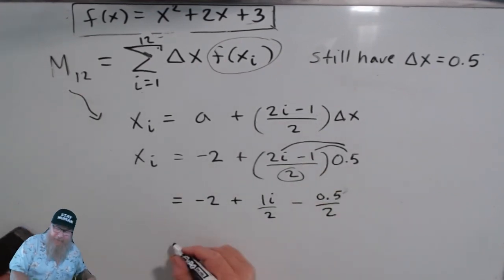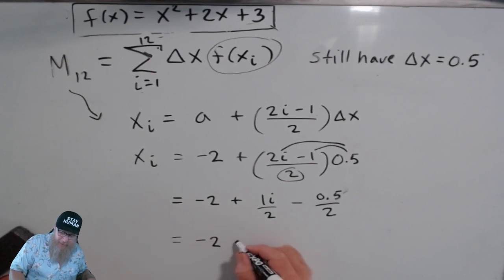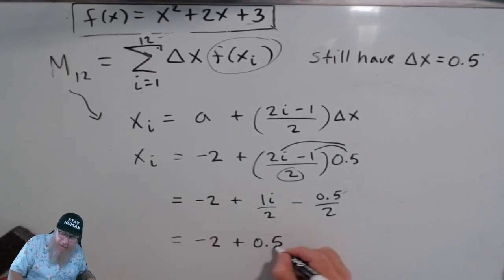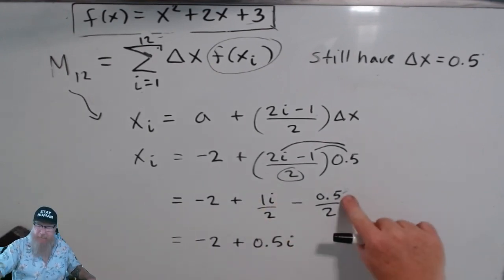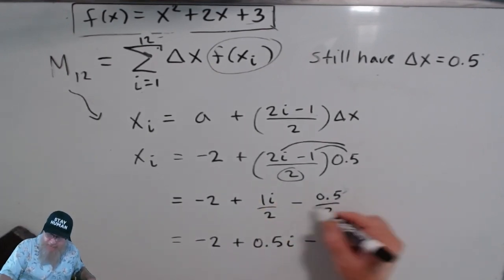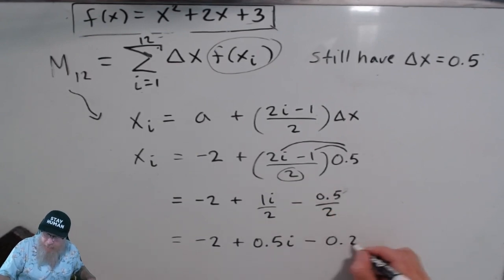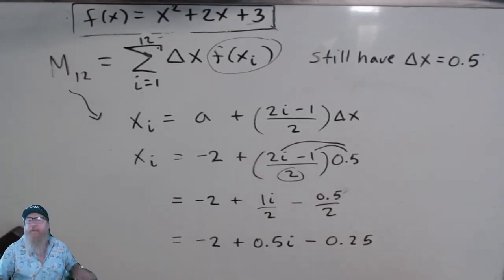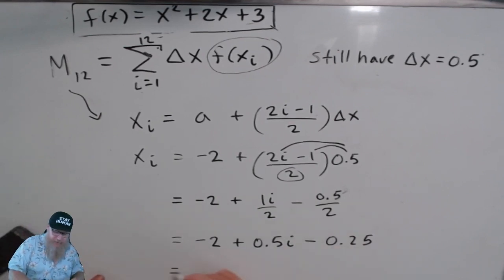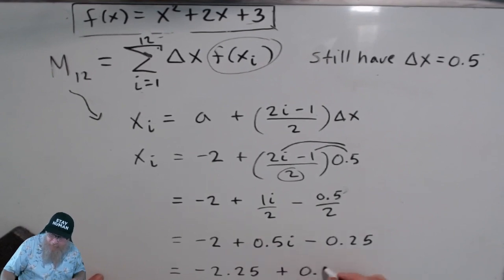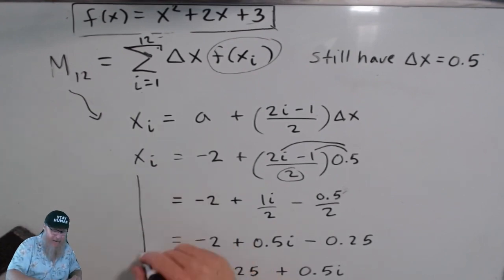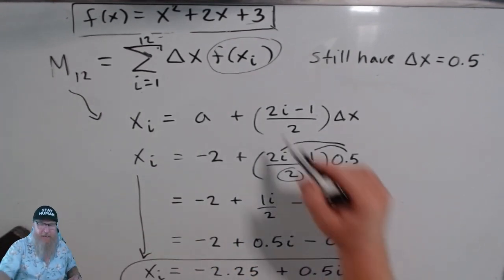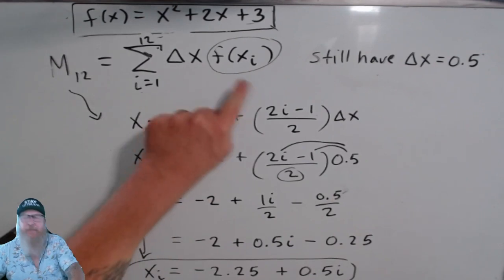And then now we'll divide these by 2. So we get another 0.5i. Yeah, 1/2. And then 0.5 divided by 2 is negative 0.25. And then we'll combine these constant terms. Negative 2.25 plus 0.5i. So that is our xi that we will plug in to our function to get the